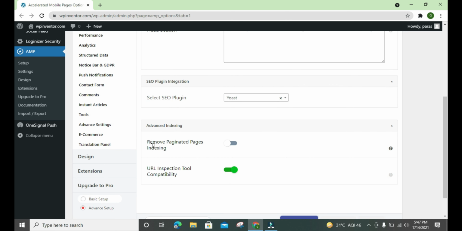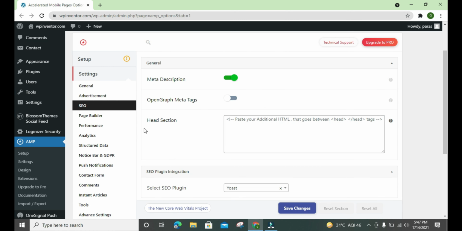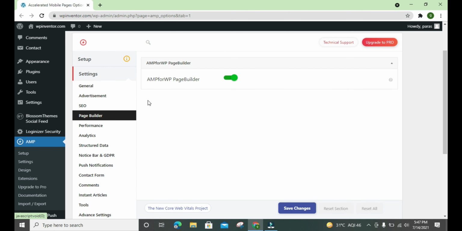And for advanced setting, removal, pagination, pages indexing, turn it off. URL inspection, turn it on. And after that, page builder. AMP for WP page builder, it is by default enabled, and it will help you a lot to create pages